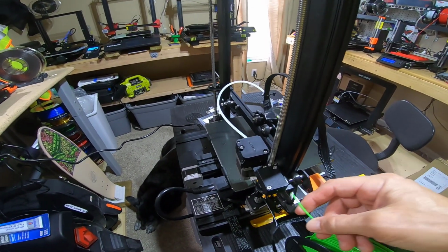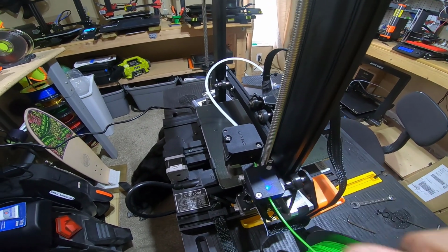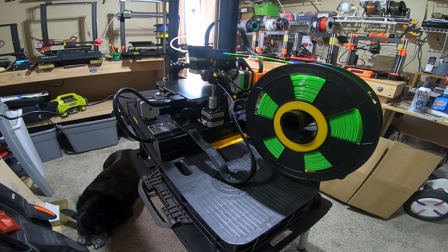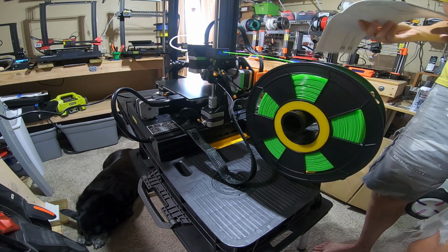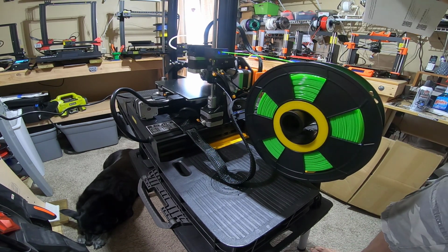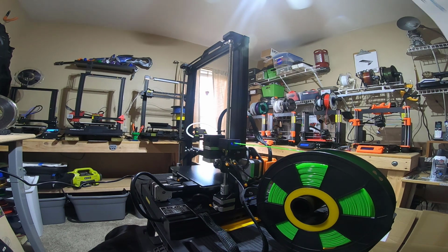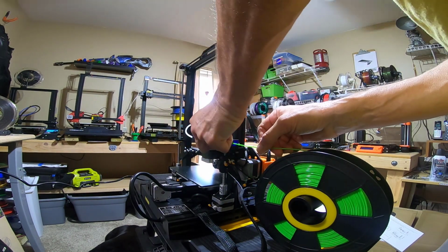The CR6SE does have a filament sensor. When it detects filament, you have a nice little handy LED that lights up there. Let's see what's involved with loading the filament. Okay, so to load the filament, you put it in that position, evidently, if you can see that. You move that arm out to load, and then you snap it in. This is an extruder. I have no idea how the...